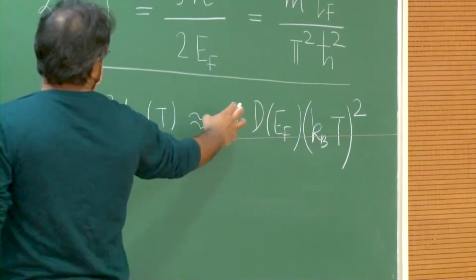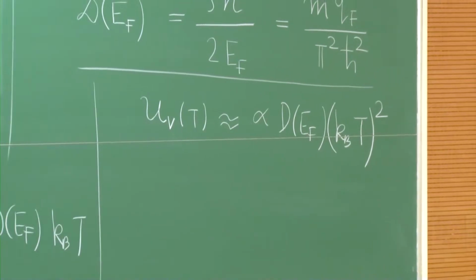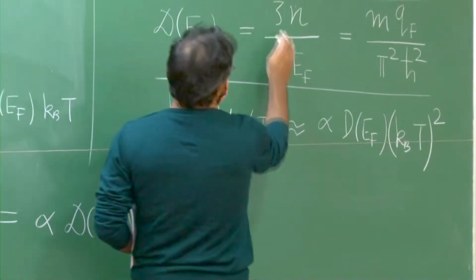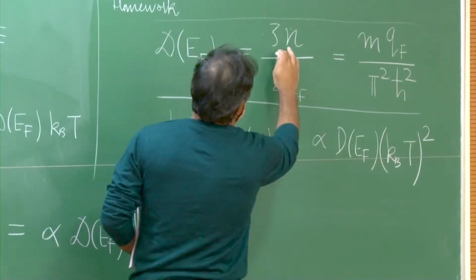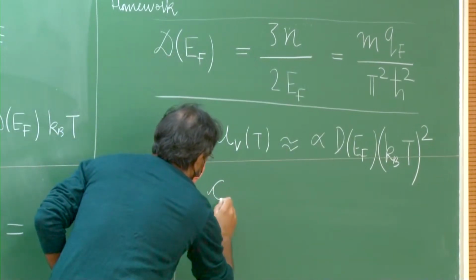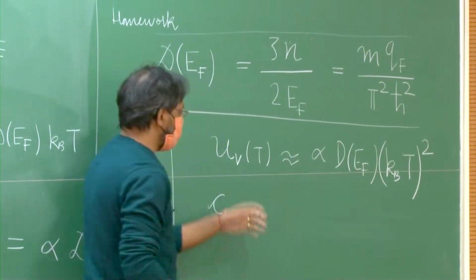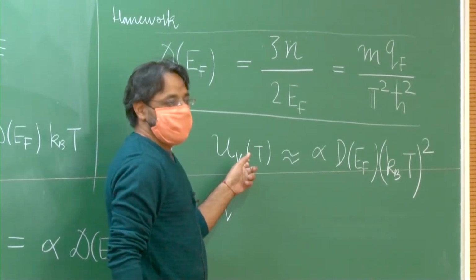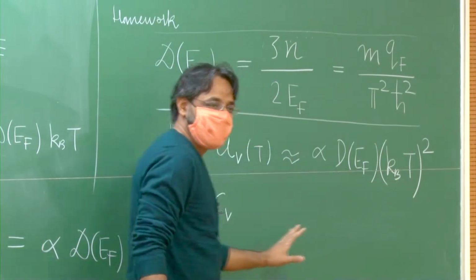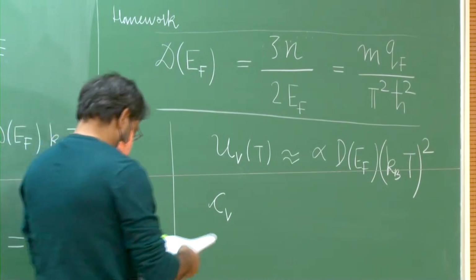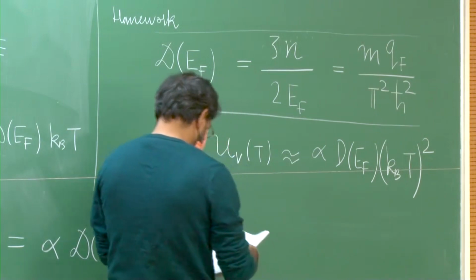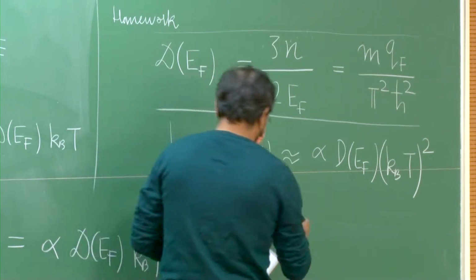The quantity alpha we haven't fixed, but alpha will be some number between 1/2 and 0. So, now you take the derivative and you get the energy, and you can use this expression to write D(EF) in terms of 3n by 2EF. Then, the first thing you see is that the moment you take the temperature derivative, you get a linear temperature dependence. So, the linear temperature dependence is already settled. The temperature dependence and the prefactors also you can work out. So, you can do it nicely yourself, and you should be able to write it as